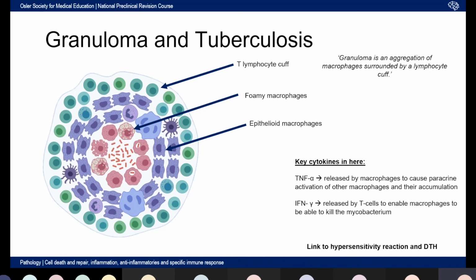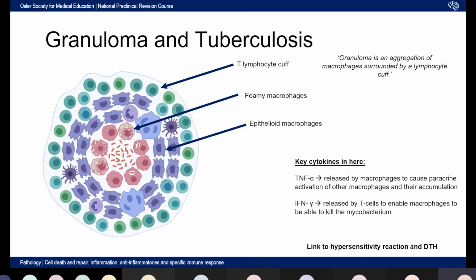What you need to be aware of is why initially the macrophages can't kill the tuberculosis, the mycobacterium in this case. When the mycobacterium enters the phagolysosome that we were talking about before, the macrophage does phagocytosis of it but can't actually break it down. So it ends up just sitting inside the macrophages, forming these foamy macrophages, which are just taking up all the